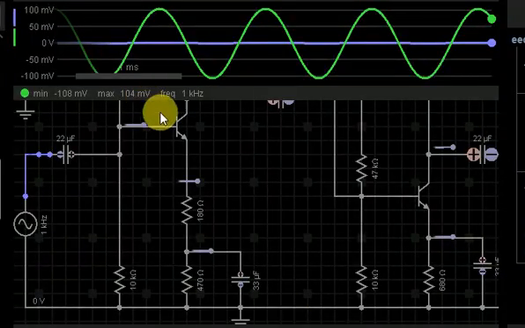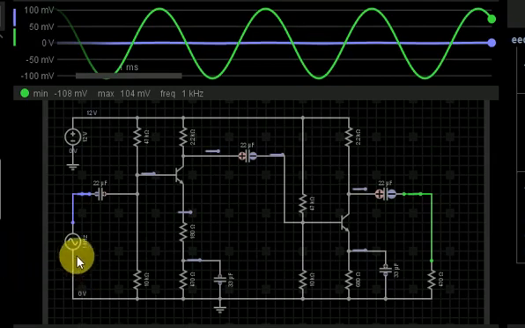So now we have the same circuit as previously, with some specific values of resistances and capacitors. Here we have a voltage source generating a sinusoidal waveform. The signal goes from here, through this capacitor, and reaches here. Then some DC component adds to this AC signal. Now this signal enters the transistor and we get some output here.